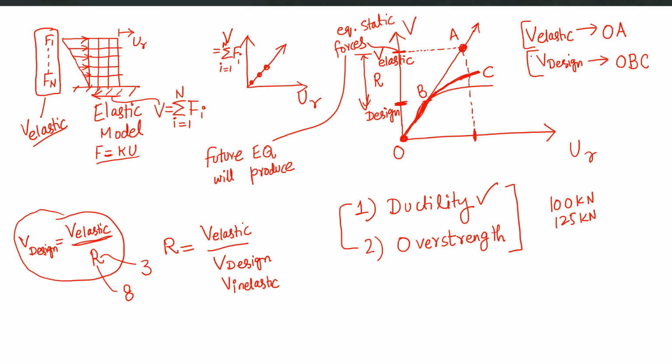And you don't need to worry about the seismic detailing and ductility and everything. But a more wise decision would be to design our structure on just a fraction of V elastic, design our structure on V elastic over R. In that case, our structure will go into the nonlinear range in the design earthquake. It will follow OBC, but then we can rely on ductility and overstrength of the structure. We can make sure the structure can sustain that nonlinearity in a safe, you can say, manner, right? So that's how the R factor plays a very important role in seismic design, whether it is the ELF procedure, RSA procedure,